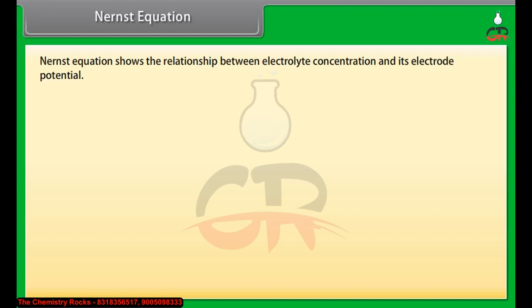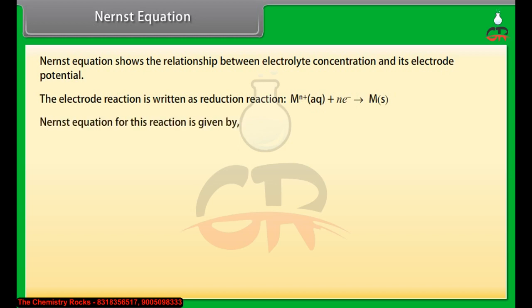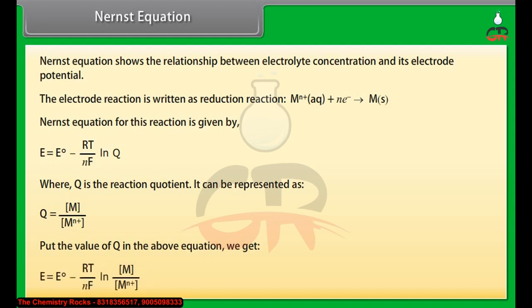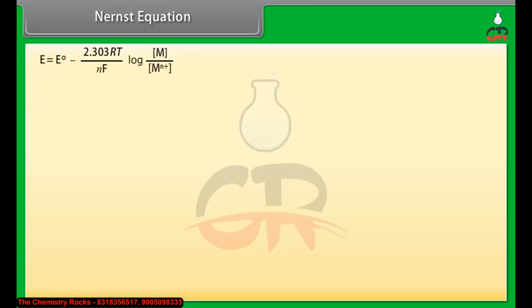The electrode reaction is written as reduction reaction. Nernst equation for this reaction is given by E is equal to E naught minus RT upon nF multiplied by natural log of Q, where Q is the reaction quotient. It can be represented by M upon M ion. Put the value of Q in the above equation. We get E is equal to E naught minus 2.303 RT upon nF log M upon M ion,